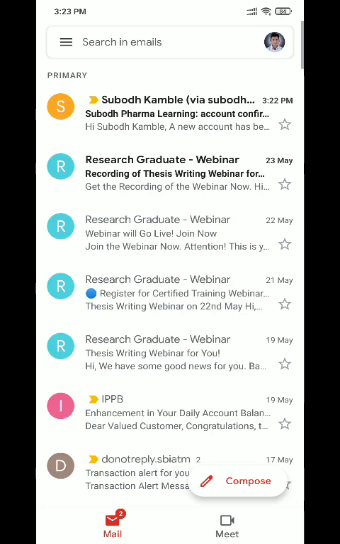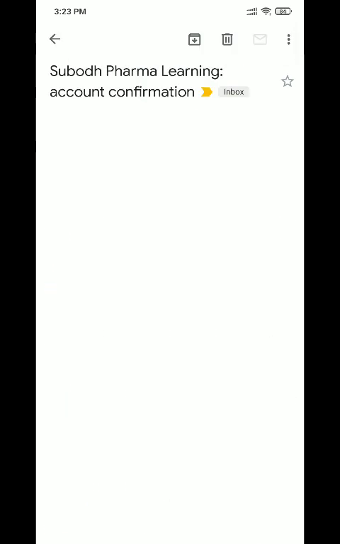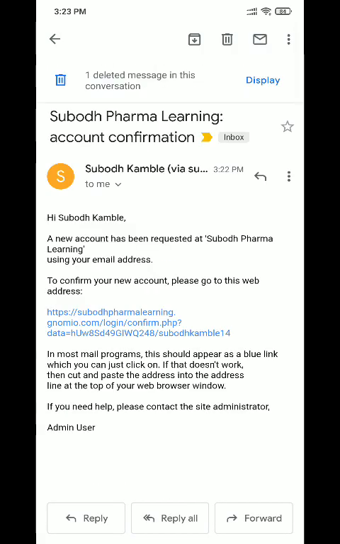In your email, one email is received from Subodh Kamble, Subodh Pharma Learning account confirmation. After opening this email, you will see the message that a new account has been requested at Subodh Pharma Learning using your email address, and to confirm your new account, please go to this web address.